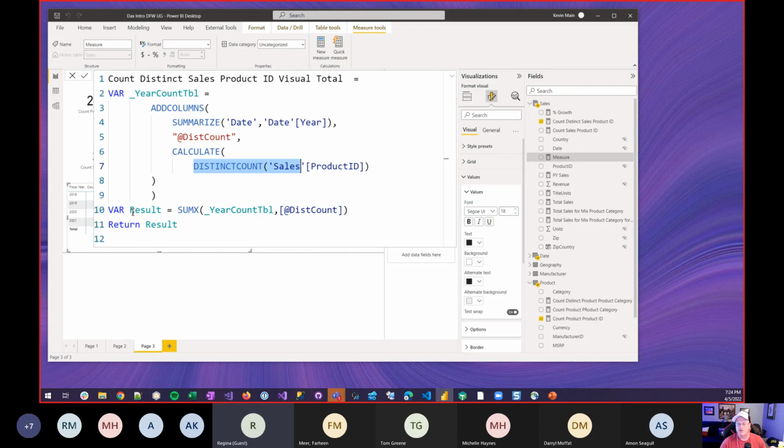And then I'm going to use another sum function, and this is where we get into the SumX, right? So the X just says, I want to tell you the table to use to do the summarization. So in this case, the first parameter is the table. I'm going to pass in my variable table, and then I want it to summarize the column called add distinct count, and then return that result. Okay, so now if I save this,